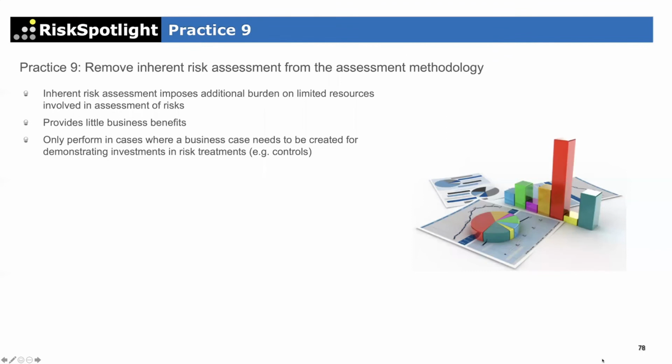Practice 9 is really simple: if you're doing inherent risk assessment, then stop doing it if it is possible. If the head of operational risk is a fan of inherent risk assessment, then you don't have a lot of choice. But if it is possible for you to get rid of it, then you should, because we're already struggling with our first line to do the residual risk assessment. If you want the first line to also do inherent risk assessment, you've just doubled the burden on the first line, because now they have to think about two sets of things when they're doing their risk assessment, and it's already a struggle to get them to do residual risk assessment.